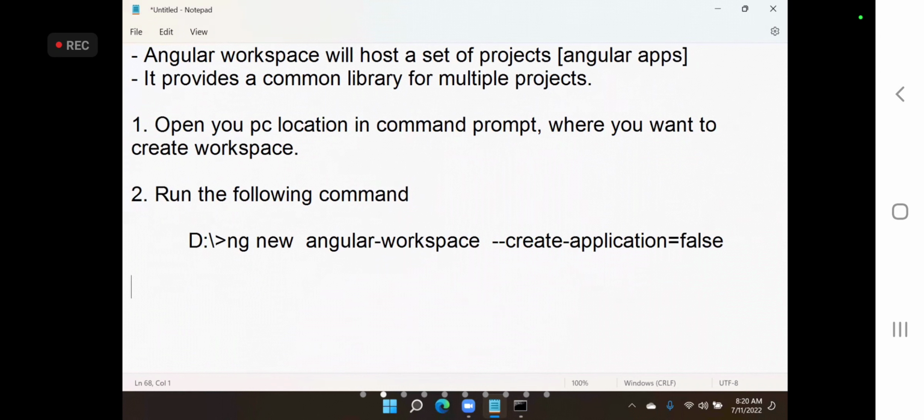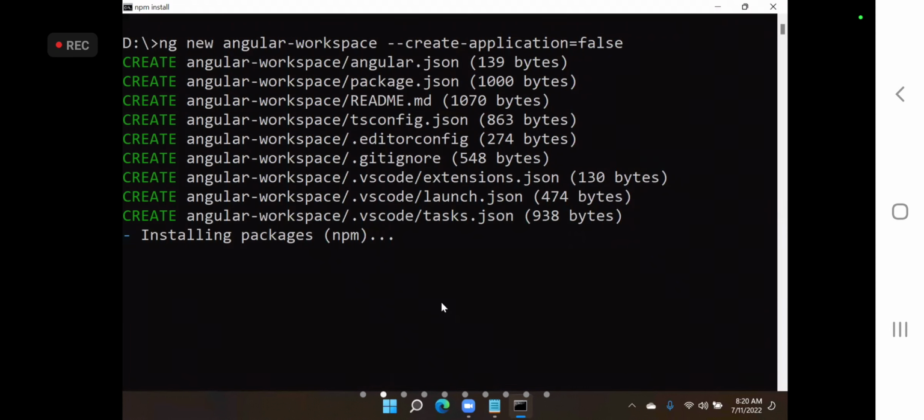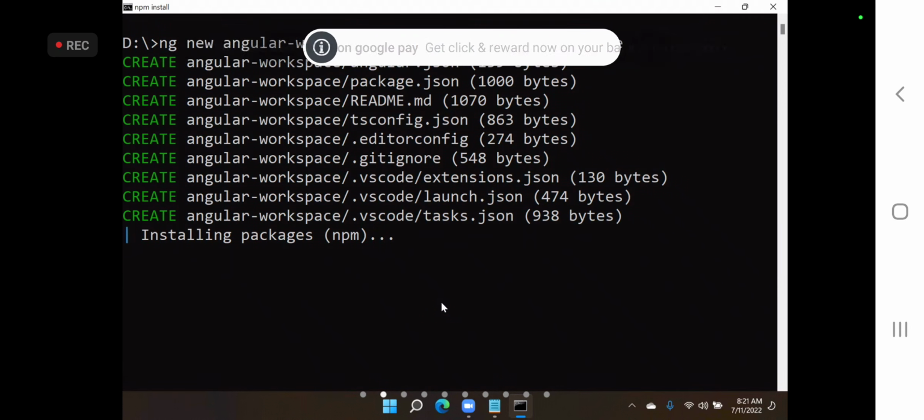So this is ready. We can see it is still working on it because a lot of libraries are required. We have to wait for a while. Another point is, once we finish Angular, at the end I will show you how to create an application by ourselves from scratch.